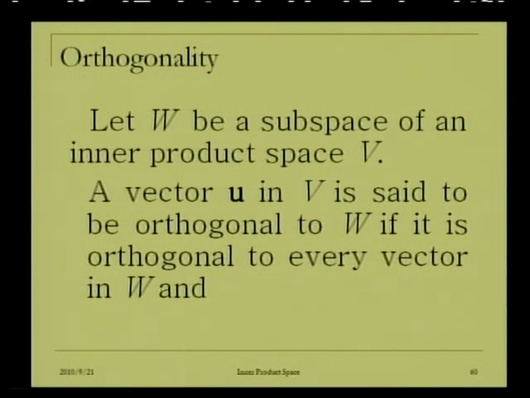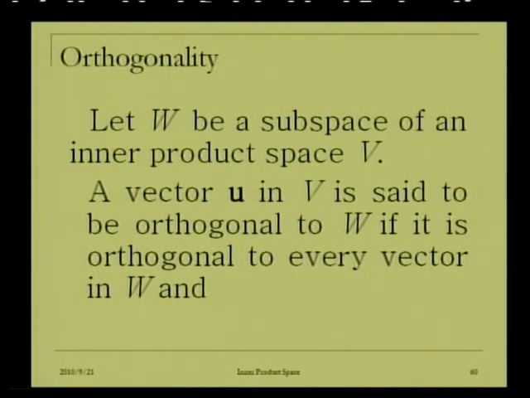Let W be a subspace of an inner product space V. So V is an inner product space and W is its subspace. So W is a vector space itself and it is a subset of vector space V. Now a vector U in V is said to be orthogonal to this subspace W if it is orthogonal to every vector in W. That is, if the inner product of U with every vector of W is 0, then we say that U is orthogonal to